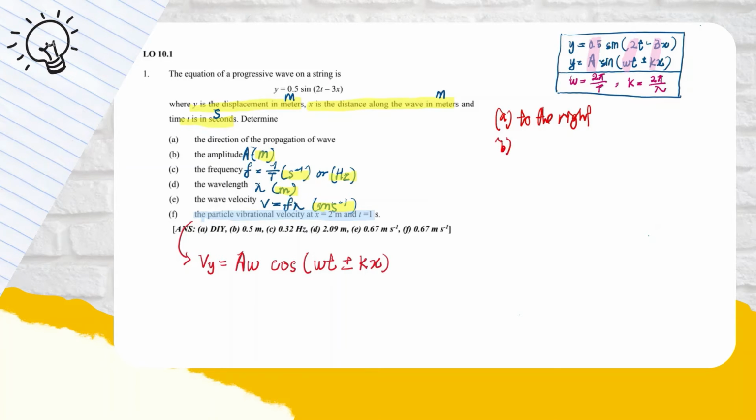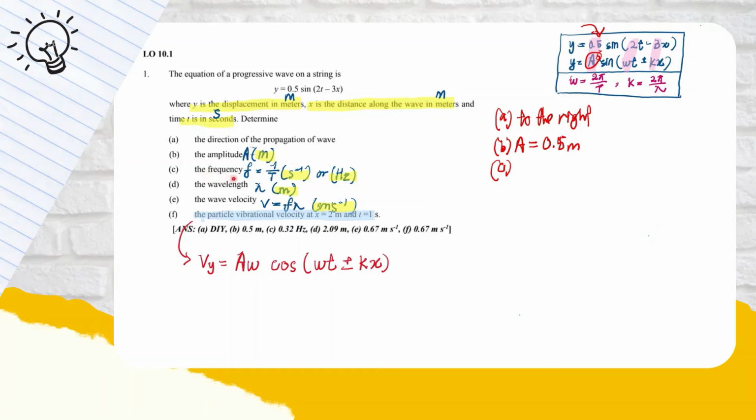B, amplitude. Okay, from the equation here, we look at the first number, 0.5, which is equal to A. So amplitude is equal to 0.5 meter. Okay, C,